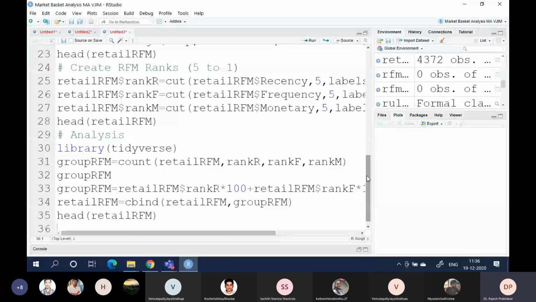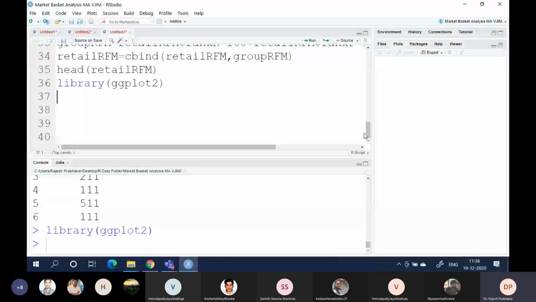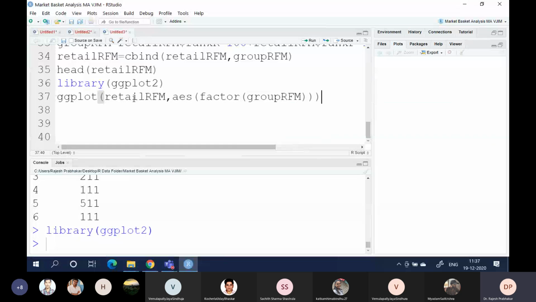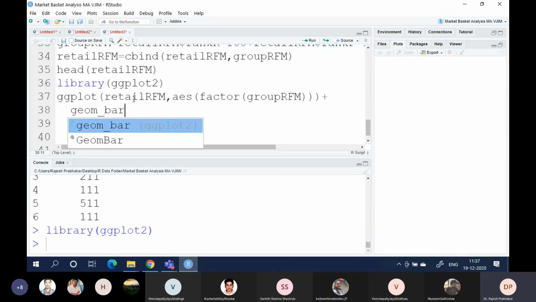library(ggplot2). So ggplot(retail_RFM, aes(x = as.factor(RFM))) plus geom_bar, the bar plot, plus